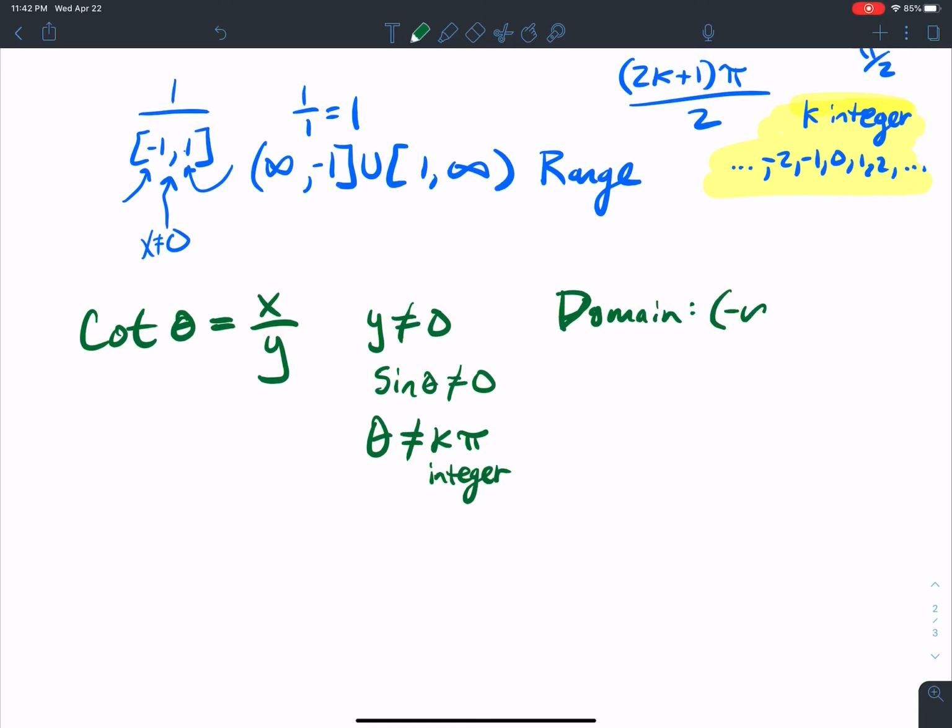So the domain is -infinity to +infinity, except for what? Except for integer multiples of pi, okay? Now the range here, this is where we go back to what we thought about for the